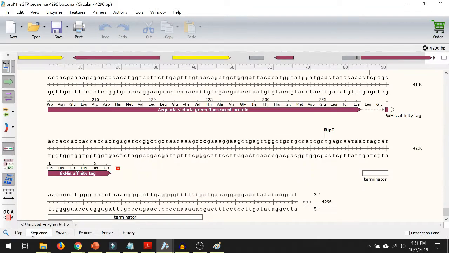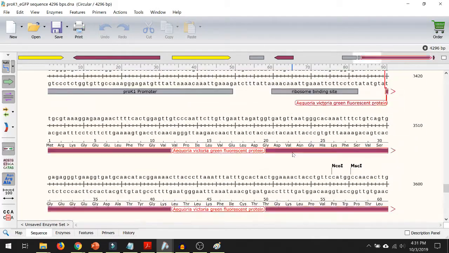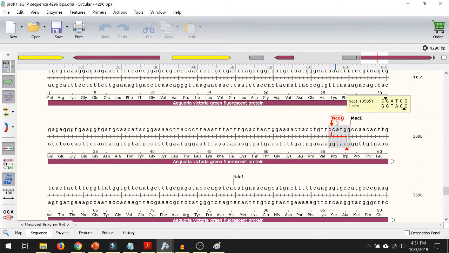So if we go back to the DNA sequence and we look at NCO1, you see it's highlighted. It highlights the DNA and it says NCO1 enzyme will cut DNA at this specific sequence, CCATGG, right? So it's going to cut DNA at this sequence, almost every time. So if you purify and add this NCO1 enzyme to your DNA, it's going to cut it at that sequence,